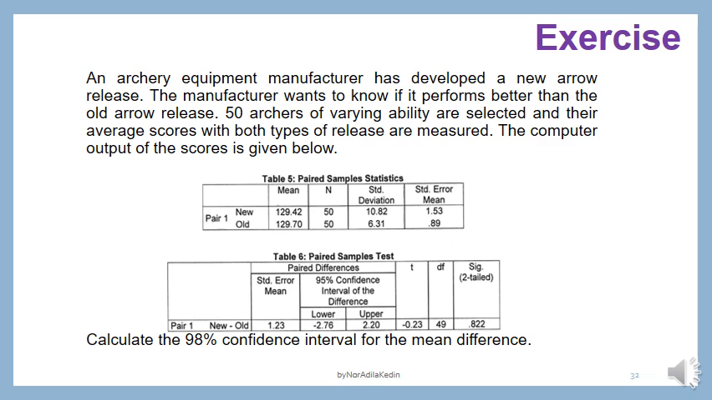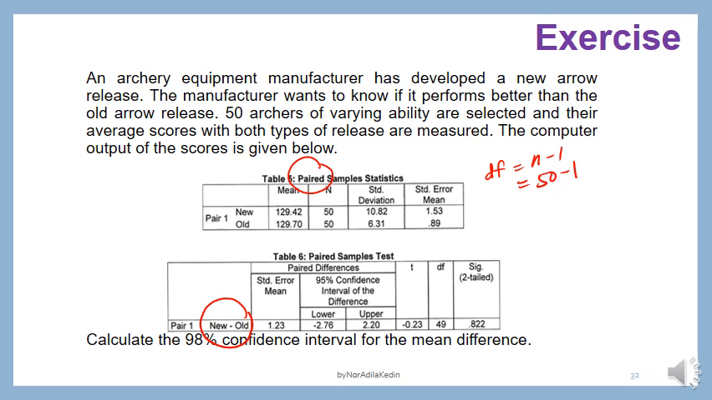So kenapa paired? Kenapa dependent? Sebab archers yang sama, dia try dua-dua. Dia try the old one and then dia try the new one. So orang yang sama. So dekat sini your degree of freedom adalah n tolak 1, which is 50 minus 1. And then tolong tengok betul-betul dekat sini dia buat old minus new atau new minus old. Alright,